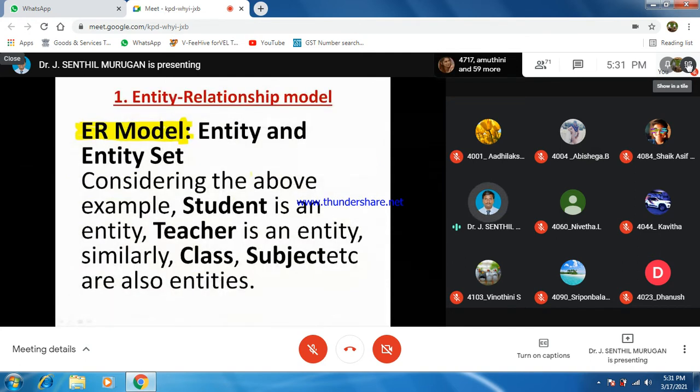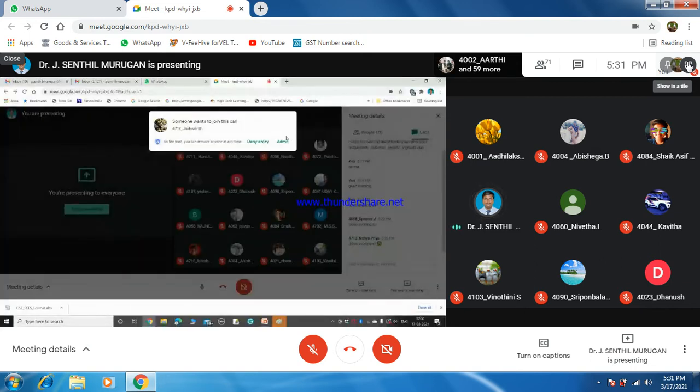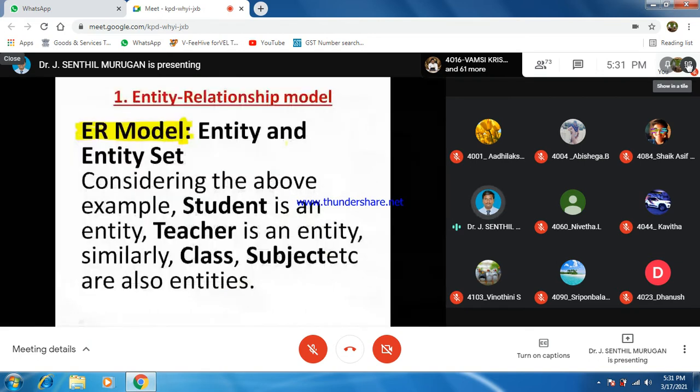Next, entity relationship models. What is called the ER model? An ER model is nothing but entity and entity set. For example, a student is an entity, a teacher is an entity, as well as a classroom, and a subject is also called an entity.